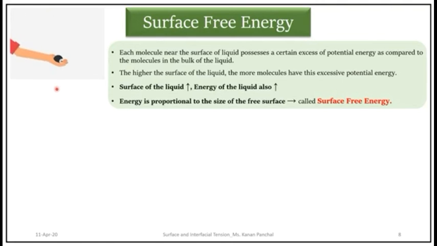Then next we see the factors affecting adsorption. First, solute concentration. There is an increase in the amount of adsorption with an increase in the concentration of solute at equilibrium until it reaches a limiting value. However, the relative amount of solute removed from solution is greater in dilute solutions. Then second, surface area of the adsorbent. Reduction in the particle size of adsorbent will result in an increase in the surface area and hence an increase in the adsorption.